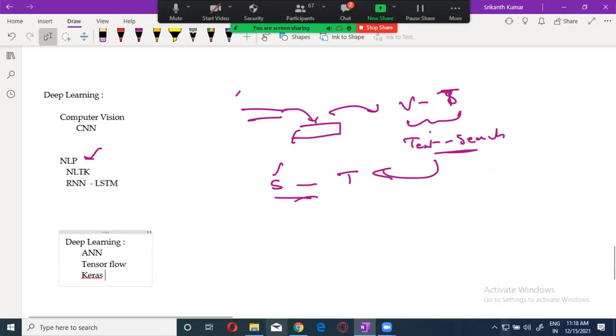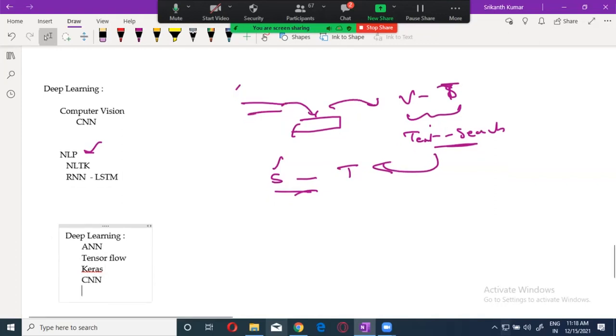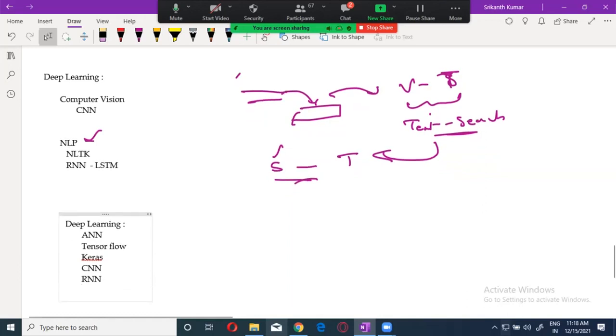You will be knowing it. If someone is saying that they are implementing the data science, deep learning, it means they are teaching you, they are using this. Okay. Then next level is called CNN, then RNN, and under the RNN, we are going to do the LSTM. Now, again, in this, we are going to do the real-time projects.